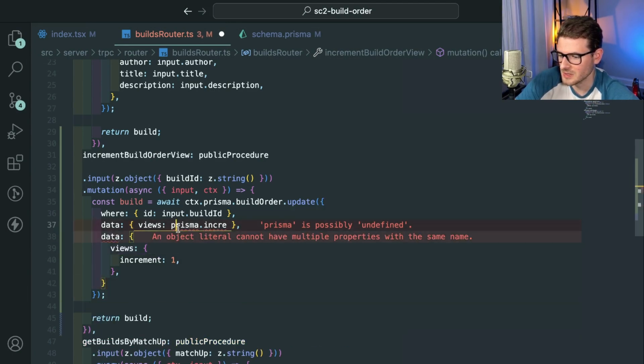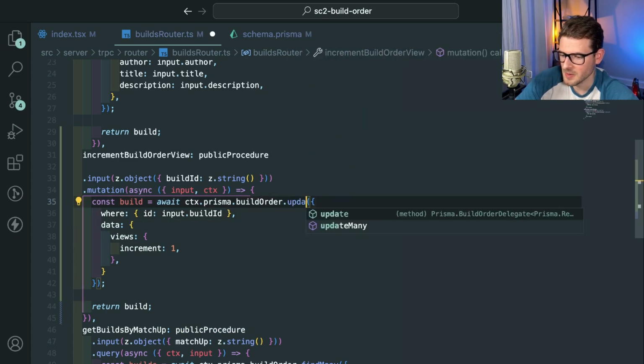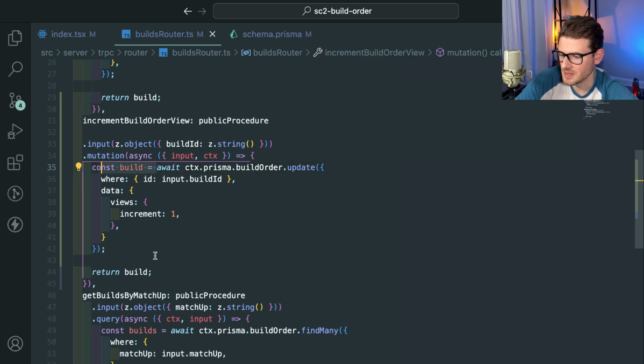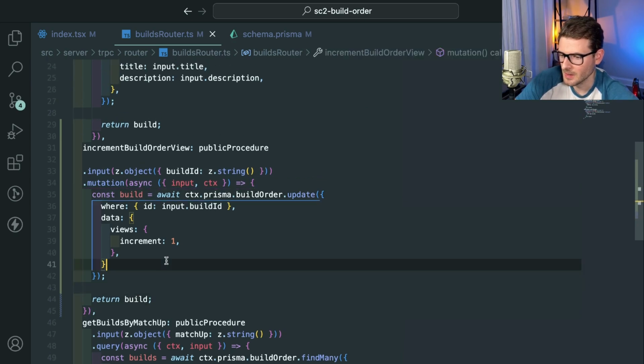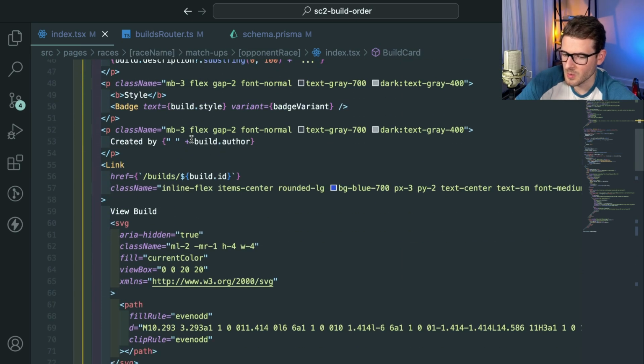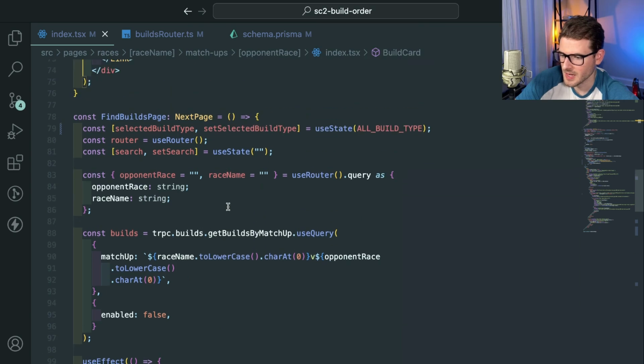So you can do this, and I can say update. No, maybe I want to say update 1 like that. That should update the build. Let's go ahead and return it. So if this works, basically when this page loads, I want to hit that mutation where basically I can just go ahead and say like,